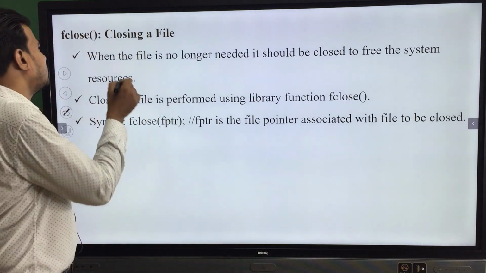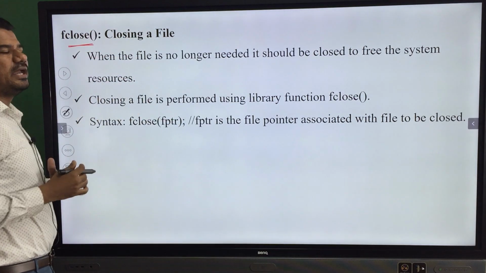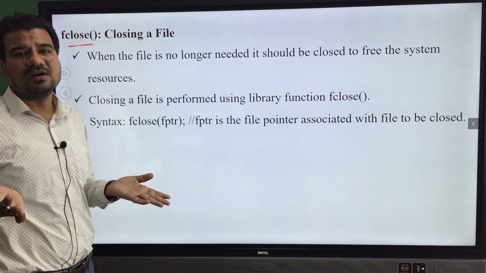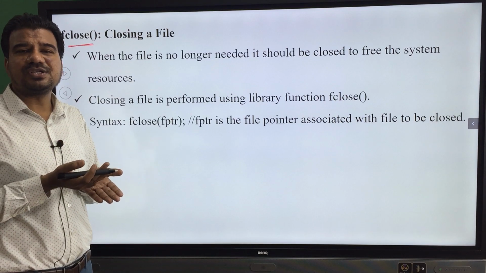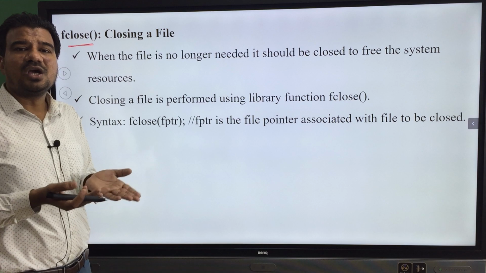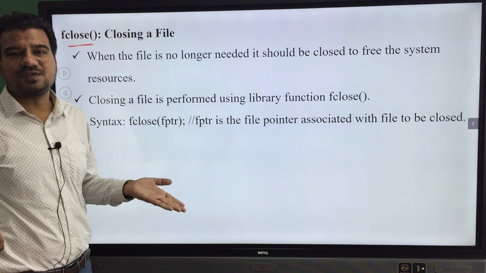This fclose function is helpful in closing the file. Opening the file, fopen function; performing read and write operations, fscanf, fprintf, fgetc, fputc; then closing a file, fclose.